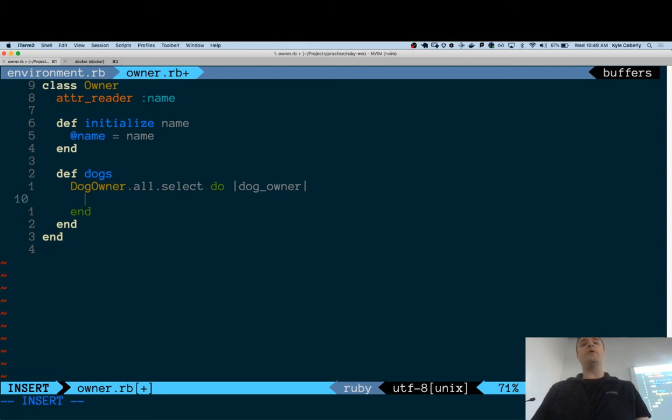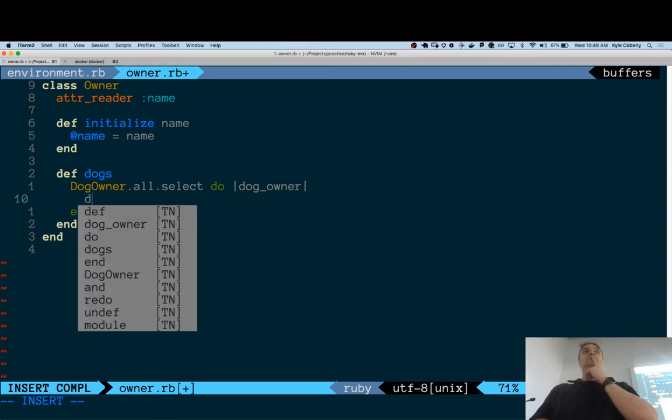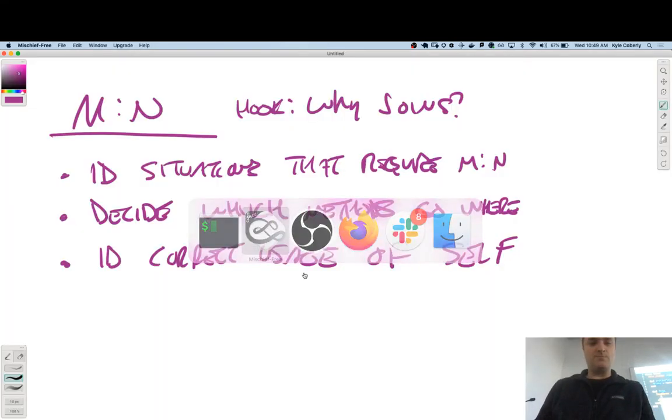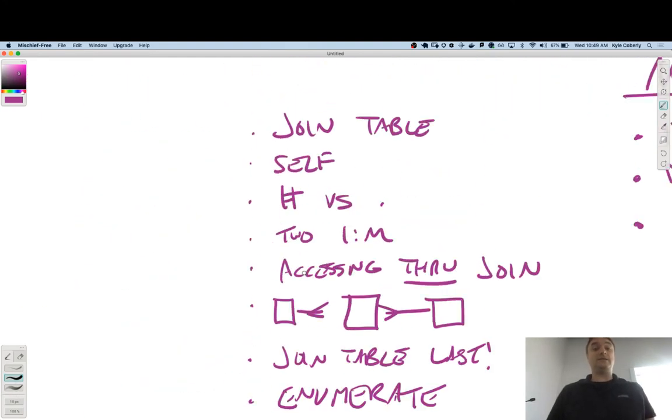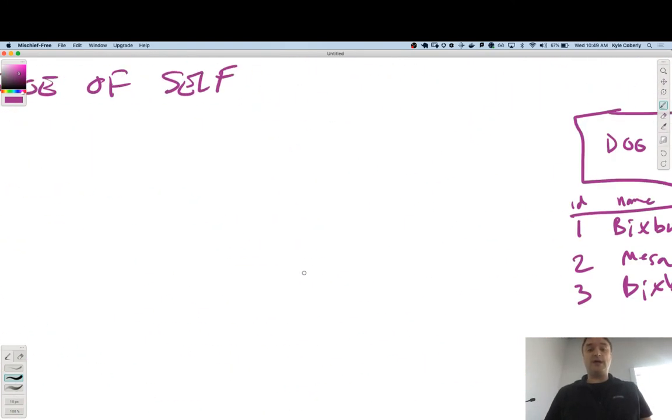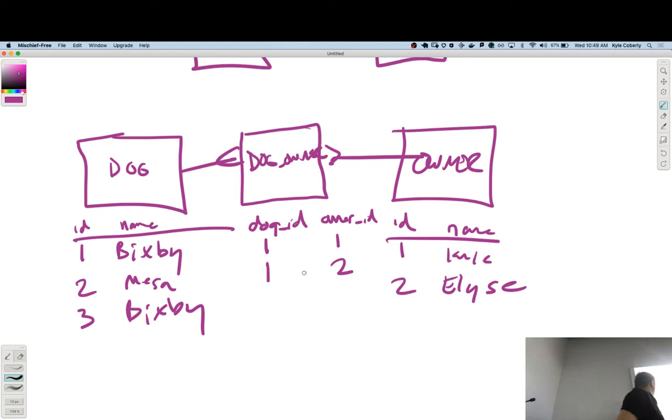How do I know whether or not dog owner dot name is equivalent? So if I do dog owner dot name, or just the dog owner object. Yes, because if I do dog owner dot name, that's how we run into this problem. More than one person could be named Kyle. More than one dog could be named Bixby. These unique identifiers, that's the thing that we're looking for.